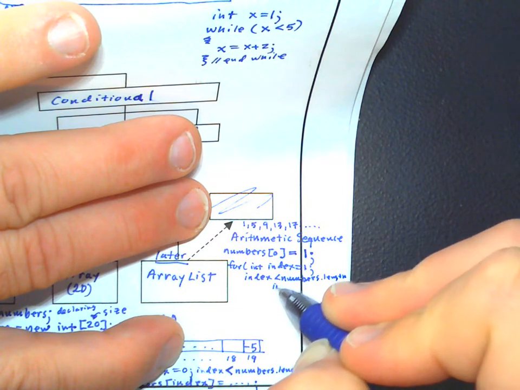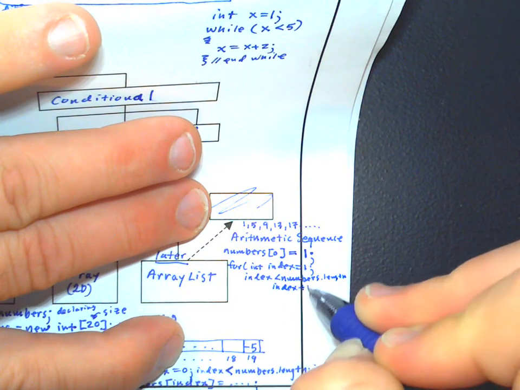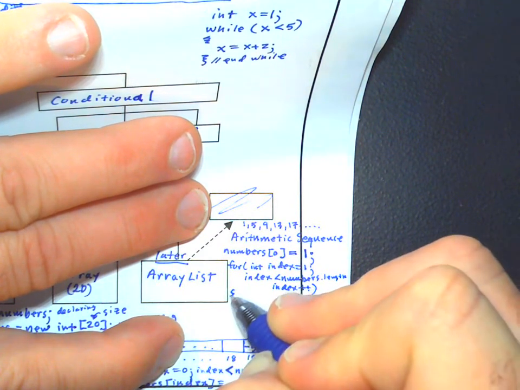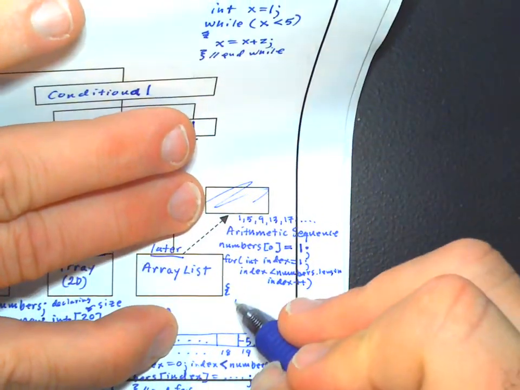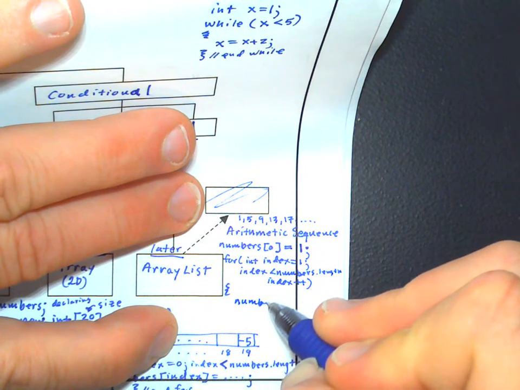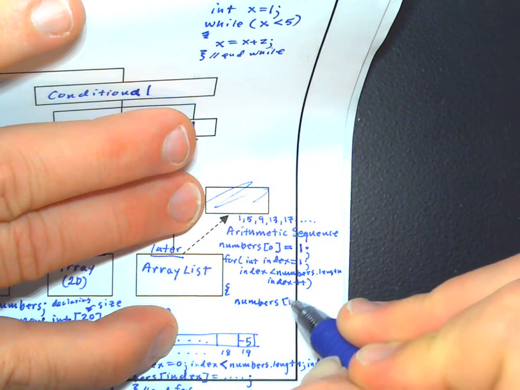And then we're going to do index plus plus. So I'm kind of squeezing all this in. So that's the first line of the for loop. And then inside, we could say, okay, numbers index